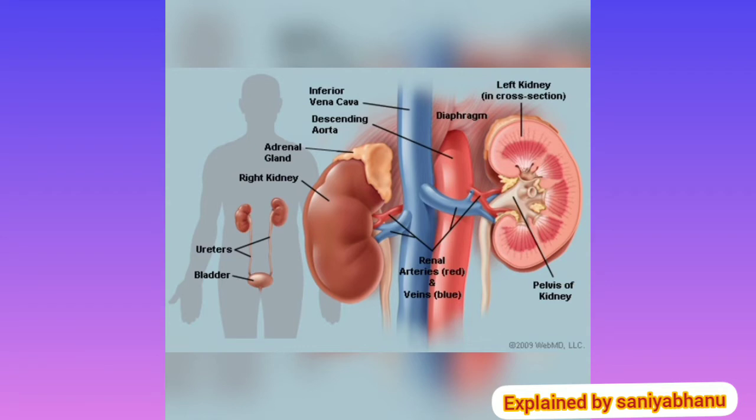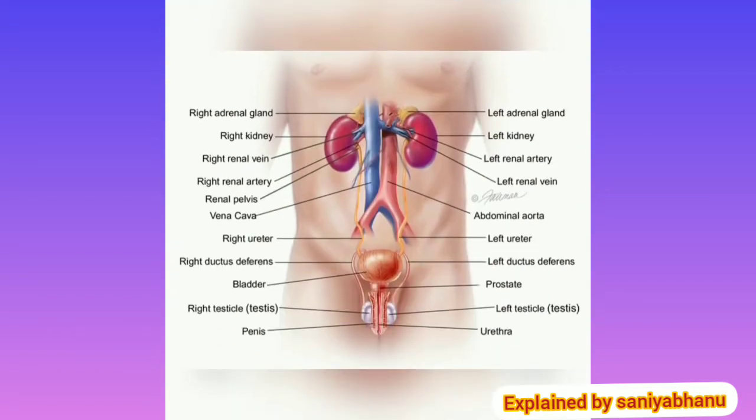Have you ever heard a word called kidney? Yes, kidney. In human beings, there is a pair of bean shaped reddish brown structures in the abdominal cavity attached to the dorsal body wall, one on either side of the backbone. These are kidneys. The right kidney is placed slightly lower than the left kidney.